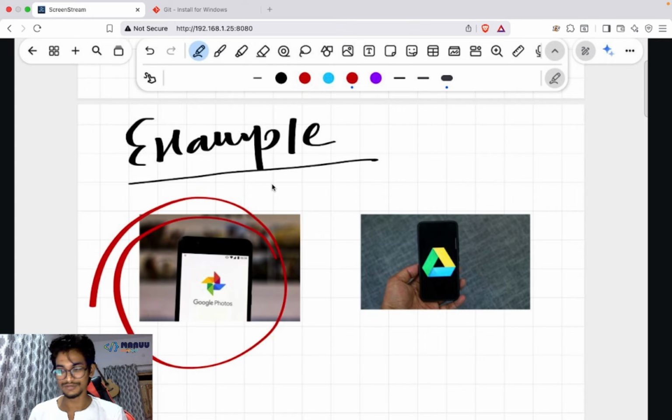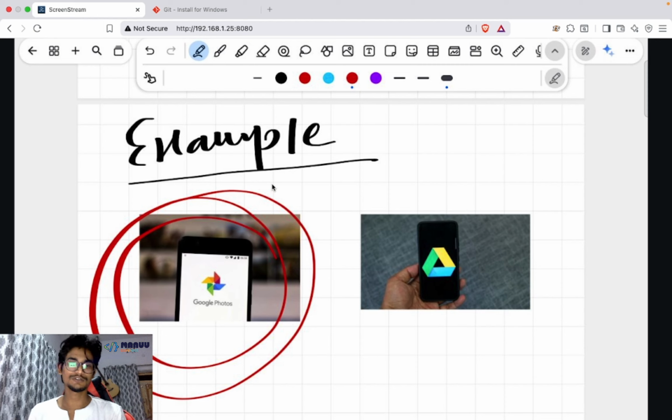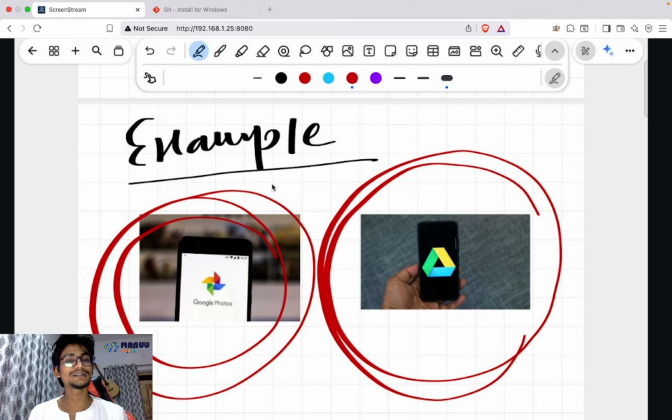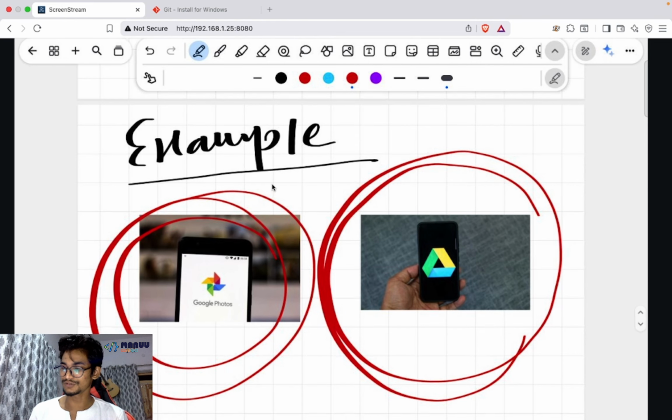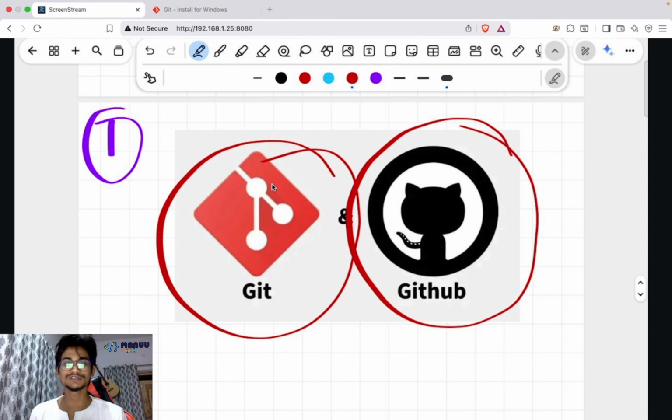And if you want to share the same photos, you just share your link, and your friends and family can access them easily. No issue there. In the same way, we use Google Drive for storing or sharing our documents and files, important documents, anything.